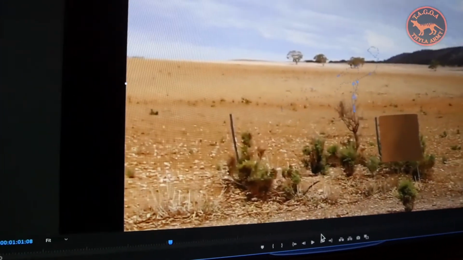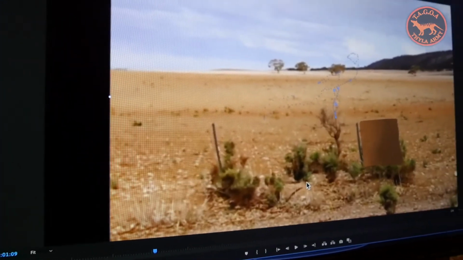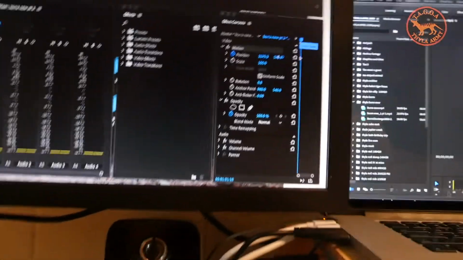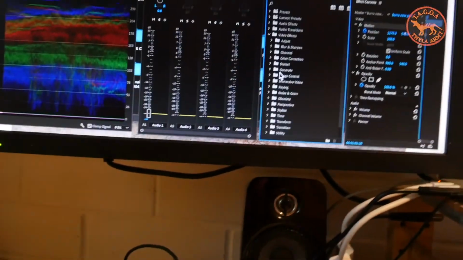I don't do a lot else to the shot. I nearly always adjust contrast to make sure there's no detail missing. So I can adjust the contrast, which sort of unstretches the video level. You can see the video level on the scope there. So if I add a video effect,